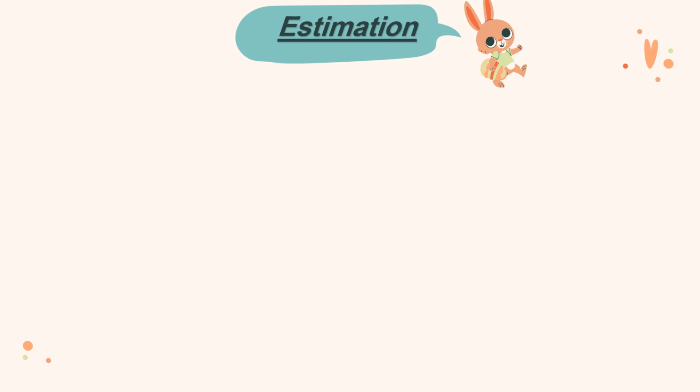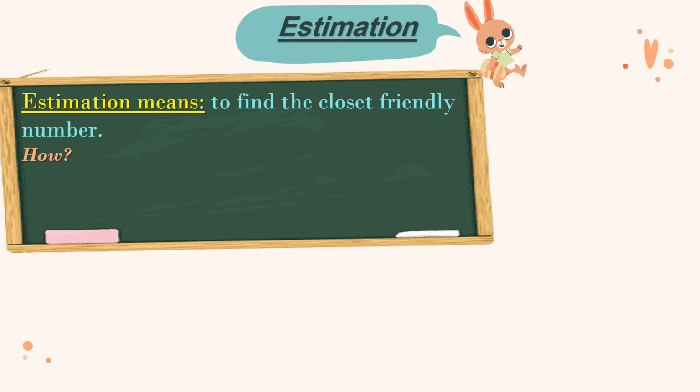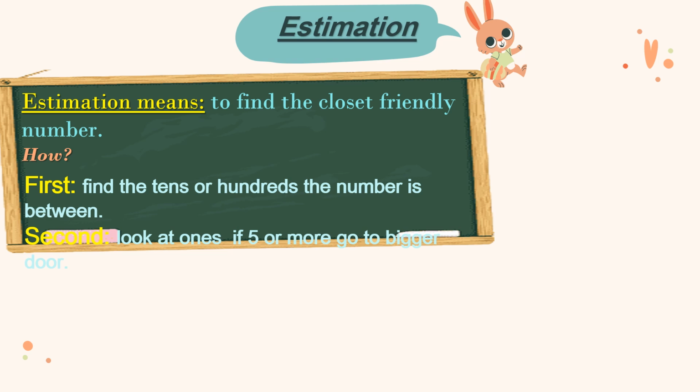Now let's move to estimation. Estimation means to find the closest friendly number. How? First step, find the tens or hundreds the number is between. Second step, look at ones. If 5 or more, go to bigger door. For example,